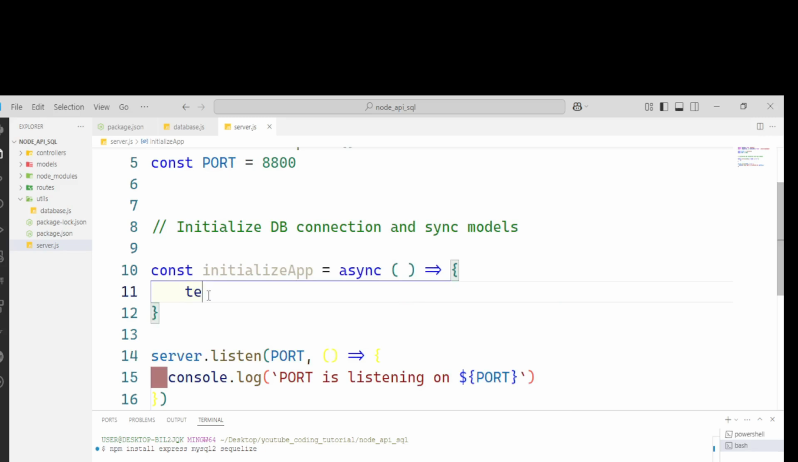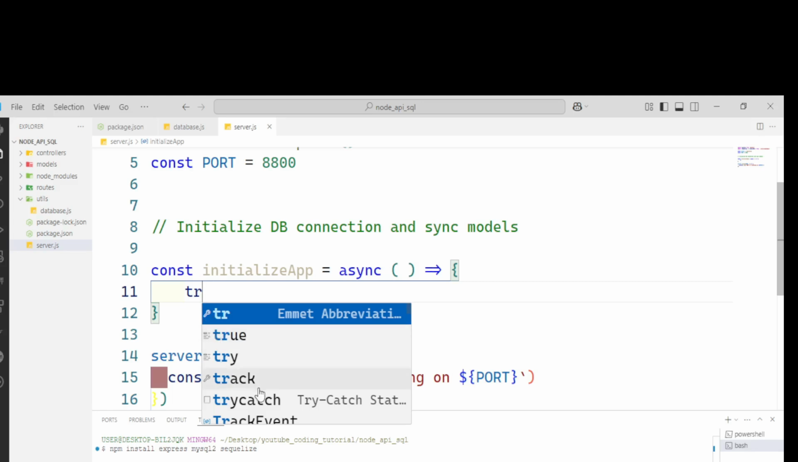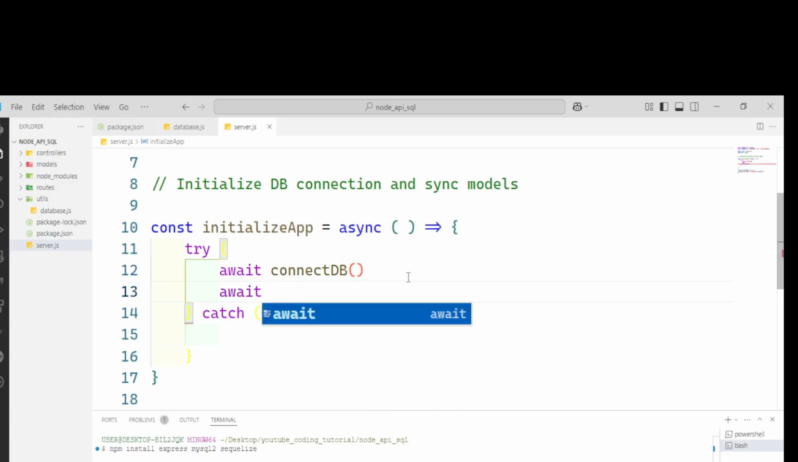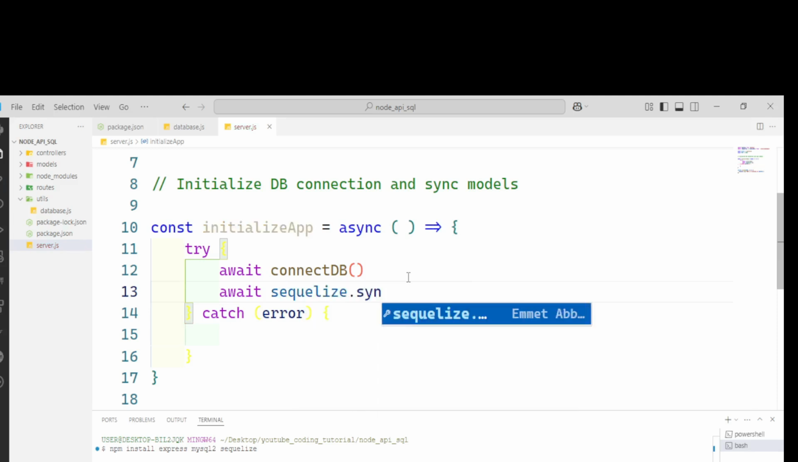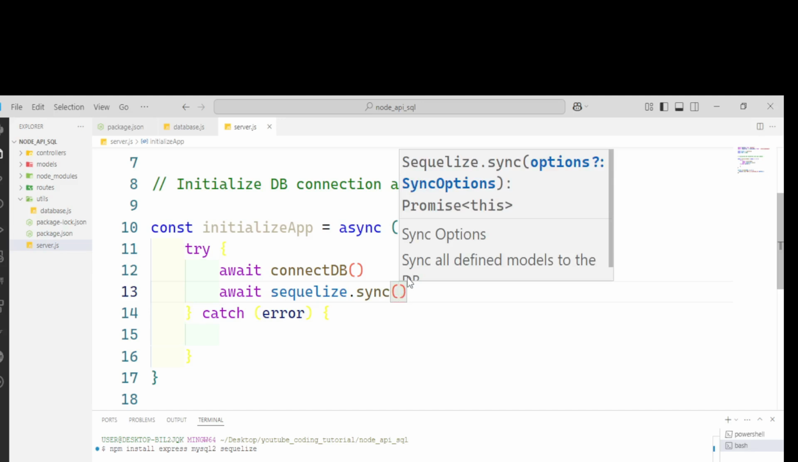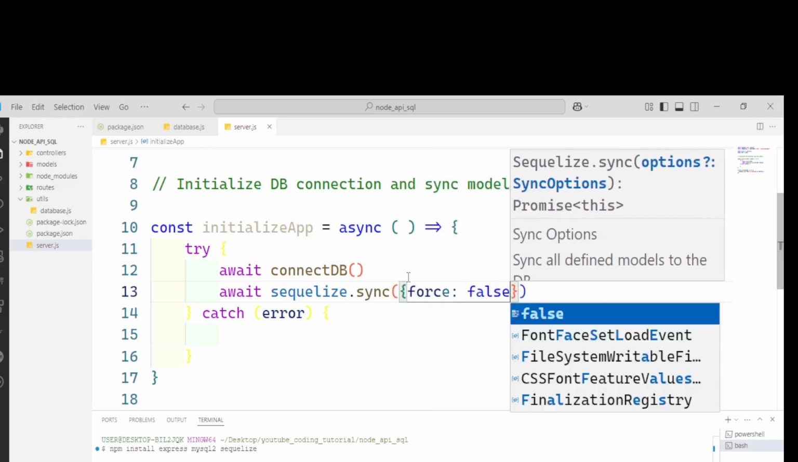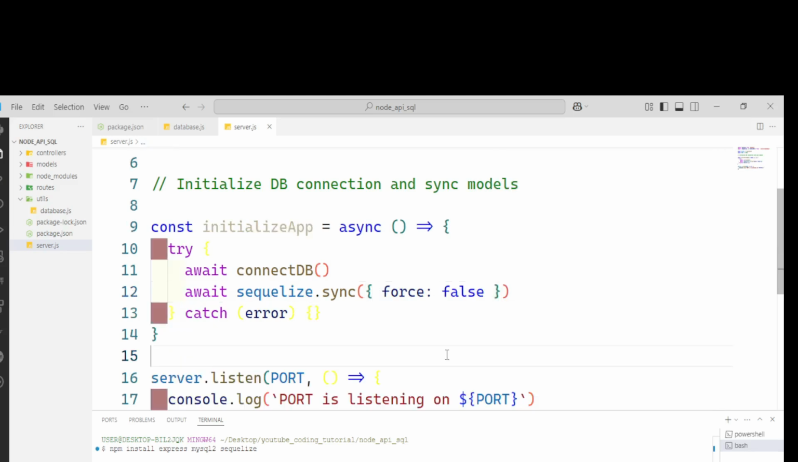So let's write a try and catch block. In the try block right now, let's await our connectDB, and then the next thing we also want to do is to await Sequelize.sync. Let's just pass in this parameter, that is false. So after that has been done, if this is successful, we're going to say console.log